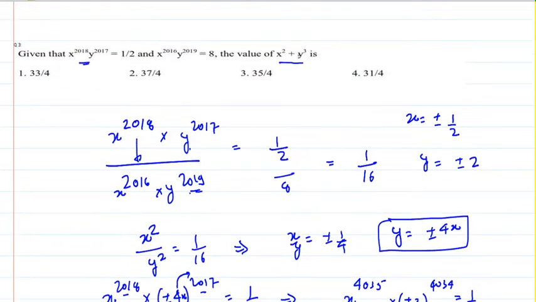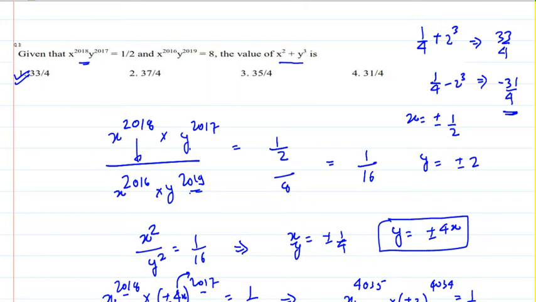So what I will have here is x square, so plus minus half ka square is 1 by 4 and I will have y ka cube. I can have 2 ka cube or I can have minus 2 ka cube. Both are valid here guys. So what I will have is 1 upon 4 plus 1 upon 8. That gives me 33 upon 4. What I will have here is 1 upon 4 minus 8. That is 1 minus 32. That is minus 31 by 4. Luckily, among the options, there is no value for negatives. So the only option possible here is option 1.